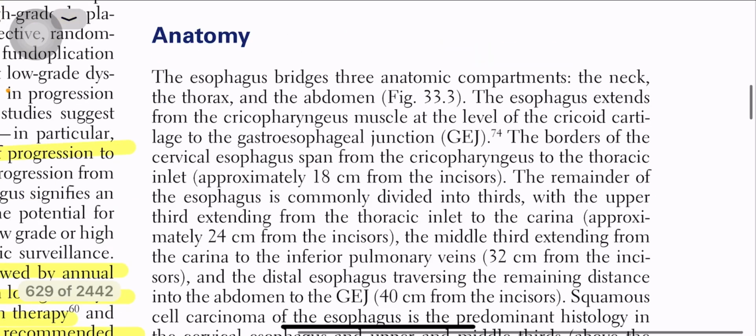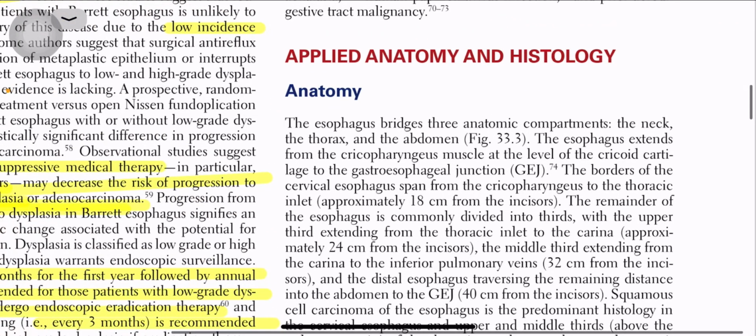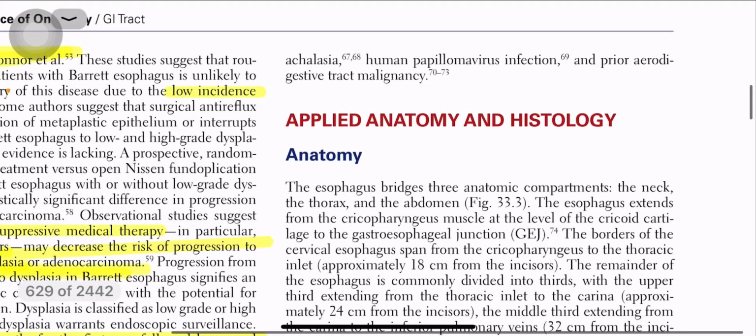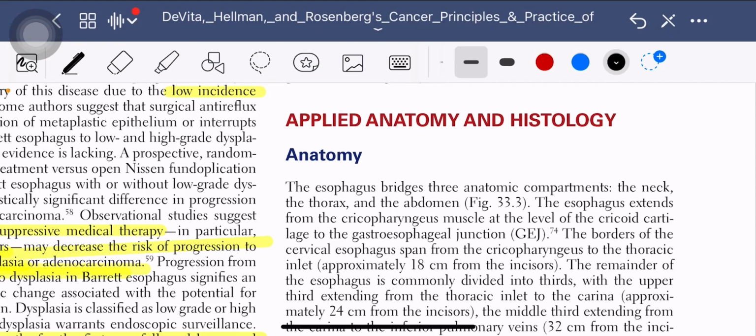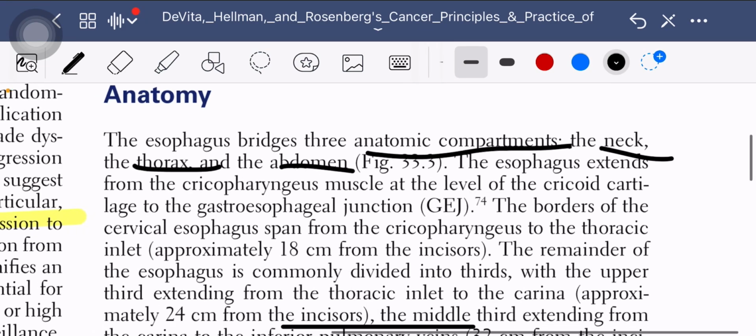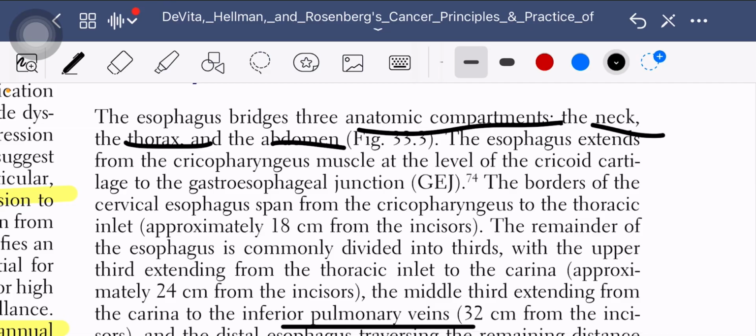So, applied anatomy and histology of the esophagus. The esophagus bridges three anatomical compartments: neck, thorax, and abdomen. The esophagus extends from the cricopharyngeus muscle at the level of the cricoid cartilage to the GE junction, and the cervical esophagus spans from the cricopharyngeus to the thoracic inlet, approximately 18 cm from